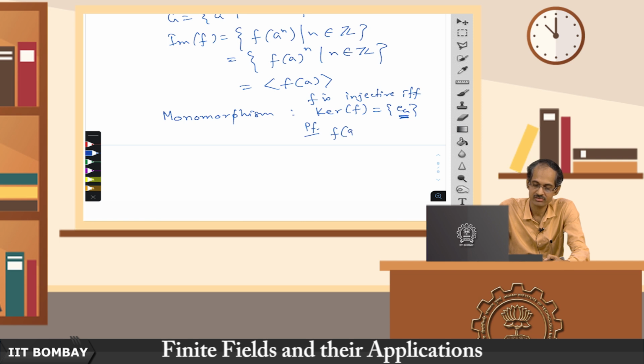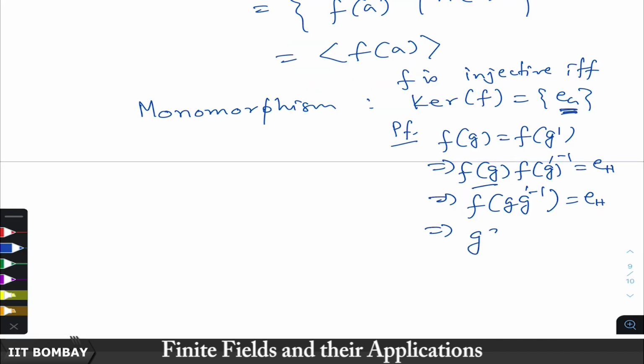Because if f(g) is the same as f(g'), then f(g) f(g') inverse is e_H, but f(g' inverse) is the same as f(g') inverse, and then combining with this you get f(g g' inverse) is e_H, and that means g g' inverse is in the kernel,